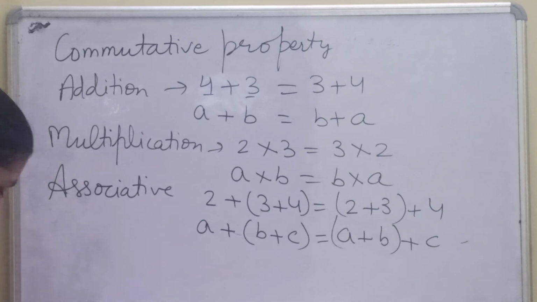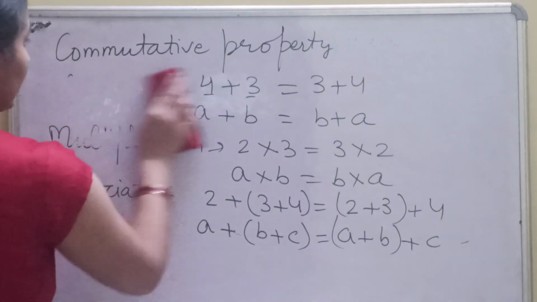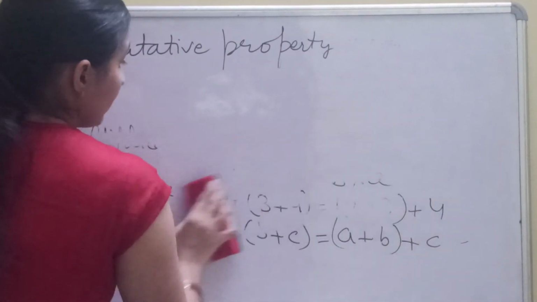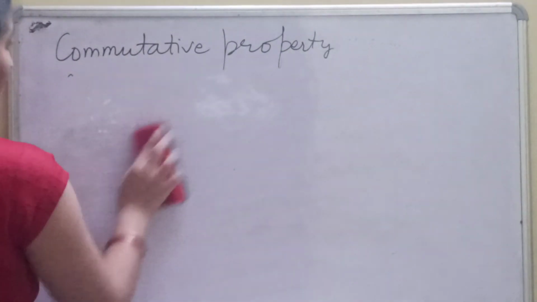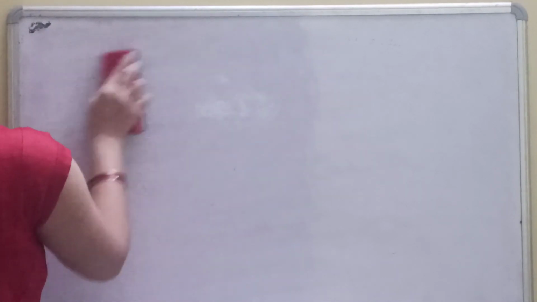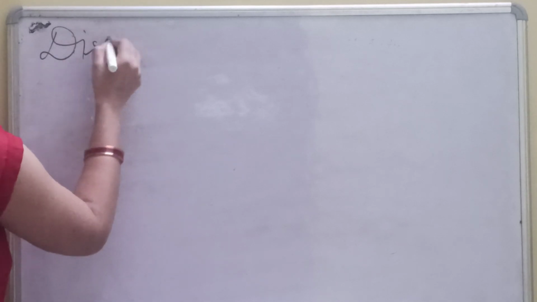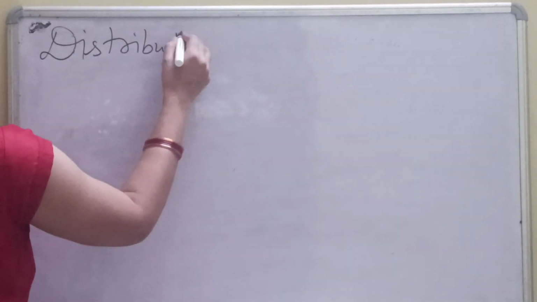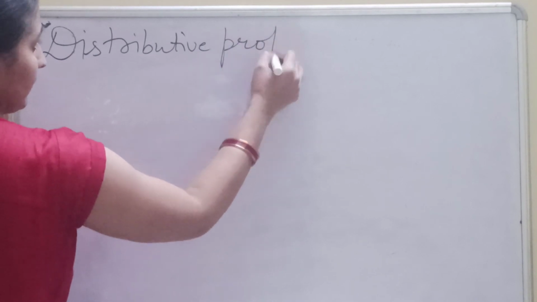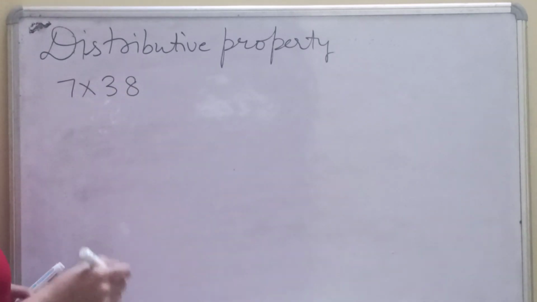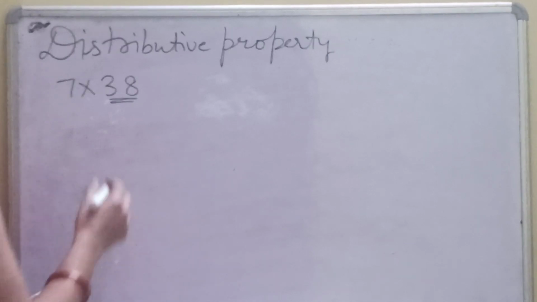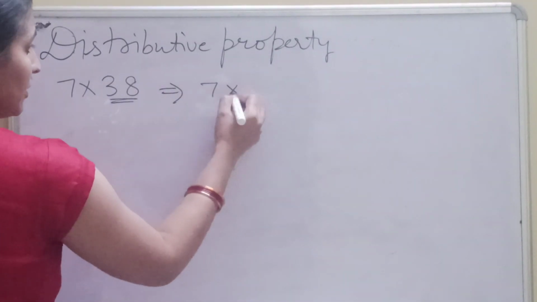Now if we are having the distributive property, what do we have in the distributive property? Distribute means we have to spread that. So if you are having it like this, 7 into 38, this 38 we have to split. So it will become 7 into